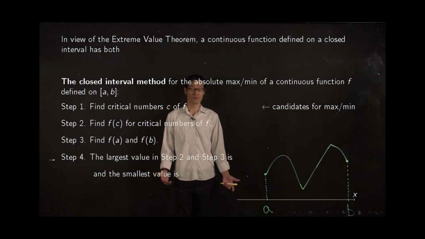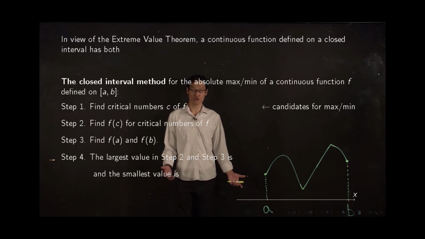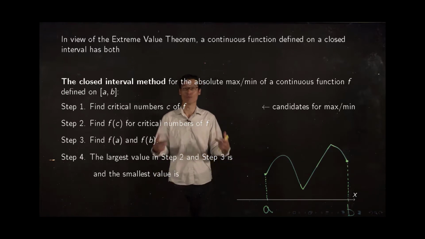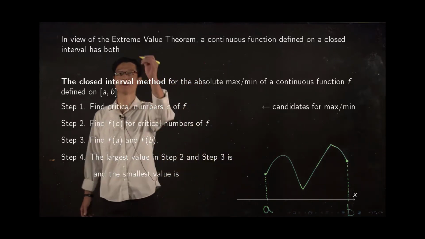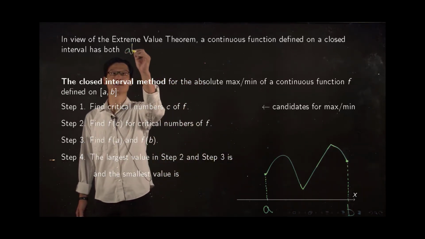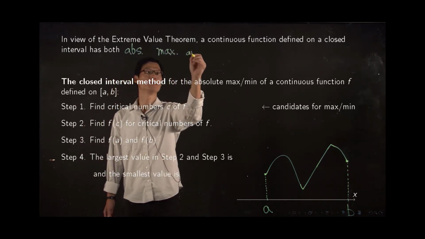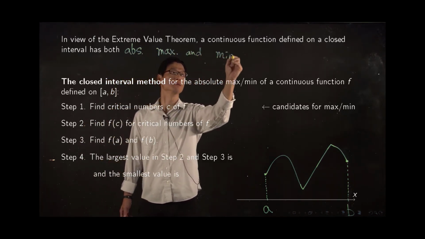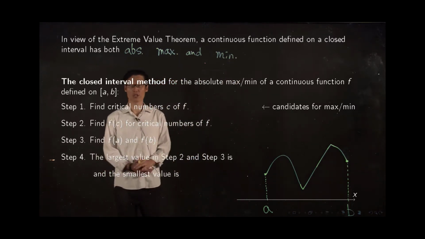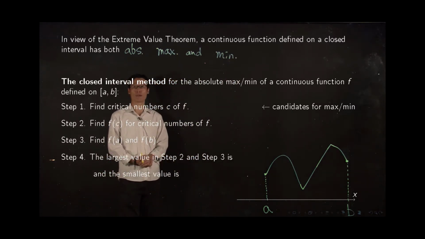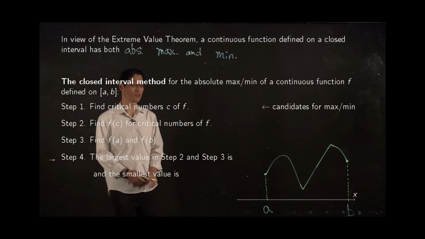Extreme value theorem says that every continuous function defined on a closed interval has both an absolute maximum and an absolute minimum. So here is a quick strategy to find the absolute maximum and minimum if your function is continuous